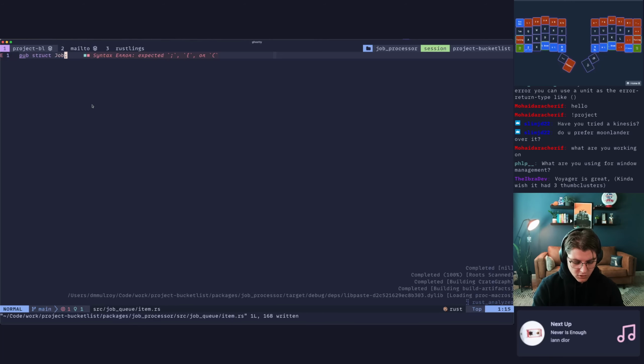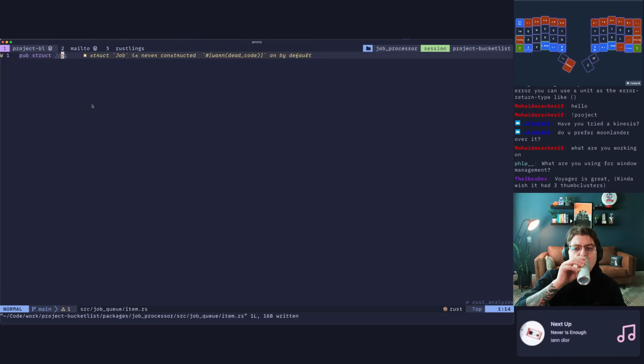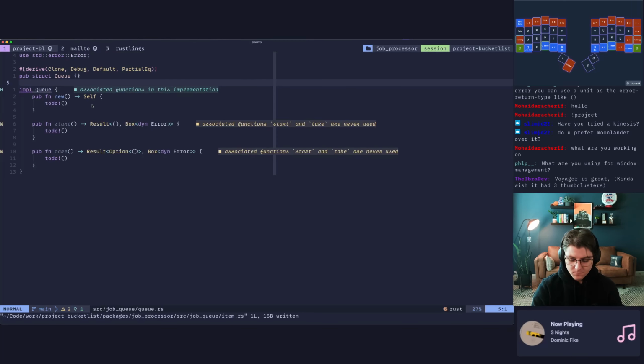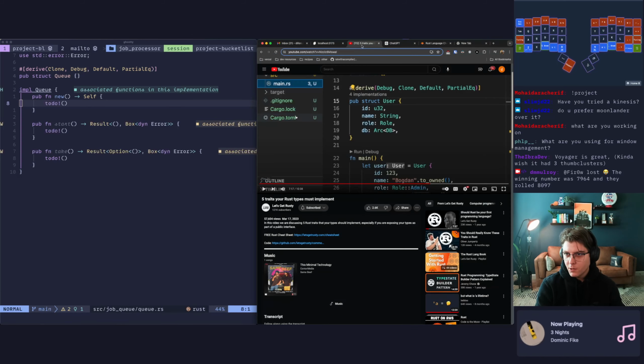Nah, even on my Moonlander, I only ever use 2 of the thumb keys. Two is perfect for me. I actually just made a video. Some of you might have been here when I recorded it.